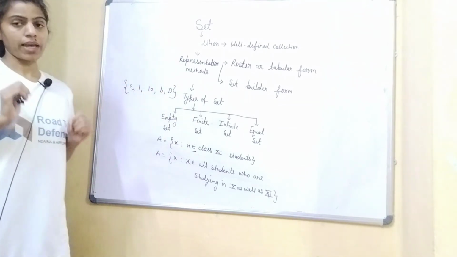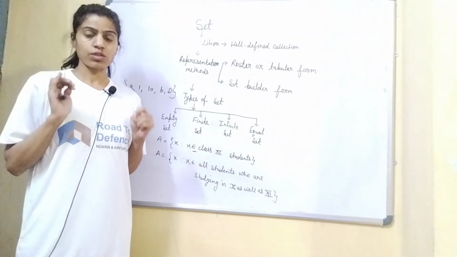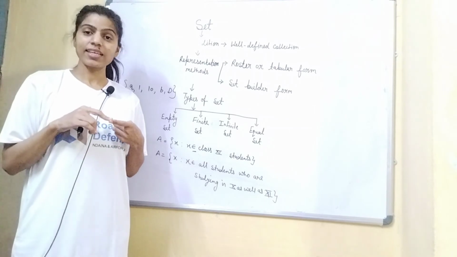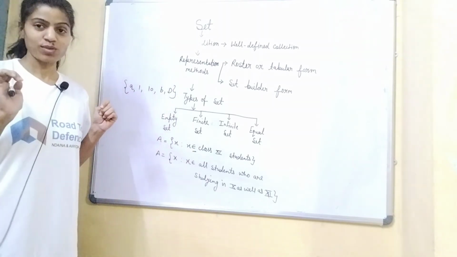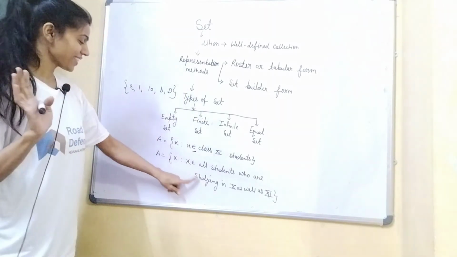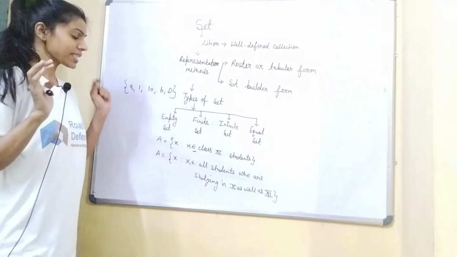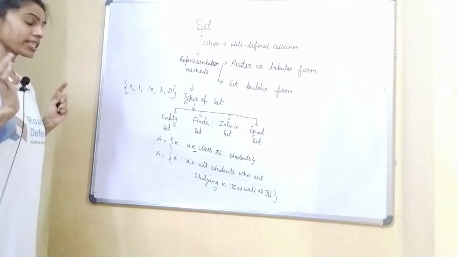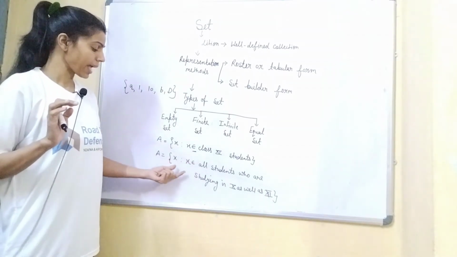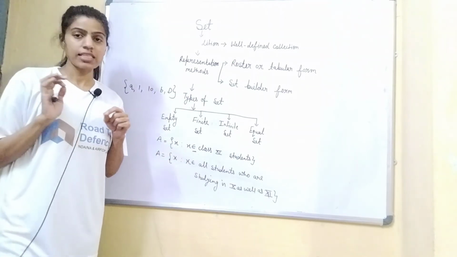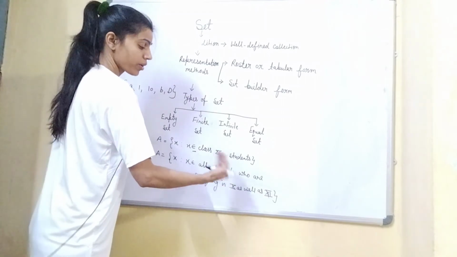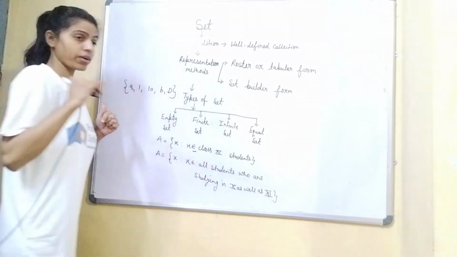नाउ स्टूडेंट्स, यू टेल मी, इज दिस पॉसिबल दैट ए स्टूडेंट इज स्टडिंग इन 10th क्लास ऑल्सो एंड दैट स्टूडेंट इज स्टडिंग इन 11th क्लास ऑल्सो? 10th क्लास एक बार पढ़ने के बाद में कोई दोबारा नहीं पढ़ेगा ना, राइट? सो ये जो कलेक्शन है, दिस कलेक्शन इज एम्प्टी कलेक्शन, राइट? देयर इज नॉट ए सिंगल एलिमेंट इन दिस सेट, क्योंकि दिस इज नॉट पॉसिबल दैट ए स्टूडेंट इज स्टडिंग इन 10th क्लास और 11th क्लास, दोनों में वो पढ़ रहा है, ऐसा पॉसिबल नहीं है.